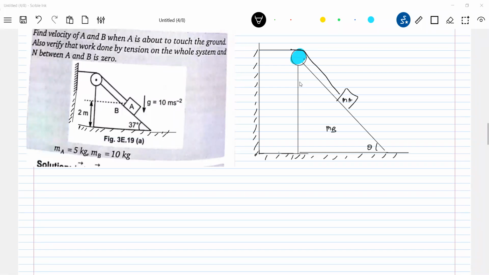Everyone is interested in getting the answer rather than studying. Unless you show that only the weight does work, you're not supposed to write down the answers. To show that, first of all, don't give the answer. If you're giving the answer, you are cheating yourself. Most of you are giving answers. Without showing the net work done by tension and the net work by normal contact, because we are not sure. See, the system is connected to the wall and there'll be tension force acting on the wedge. So some sort of external force may act, no.